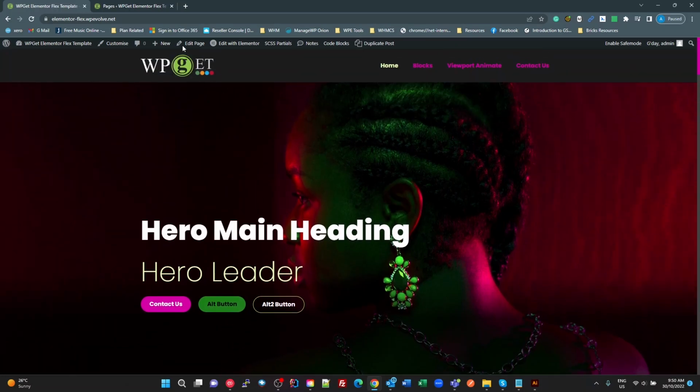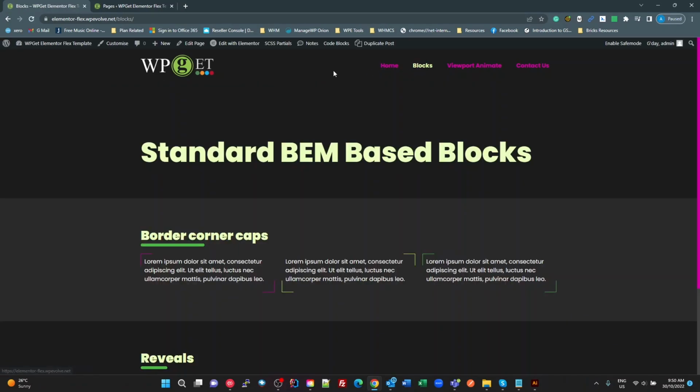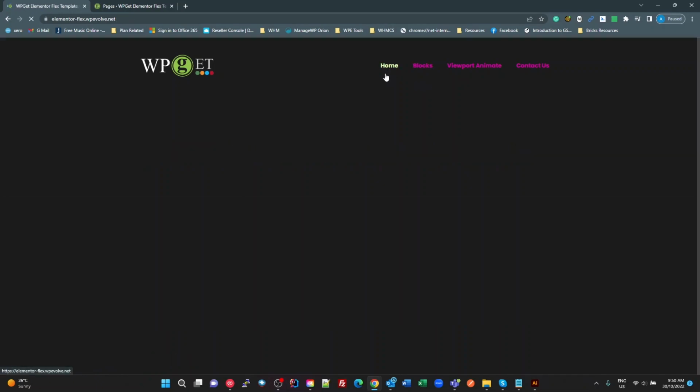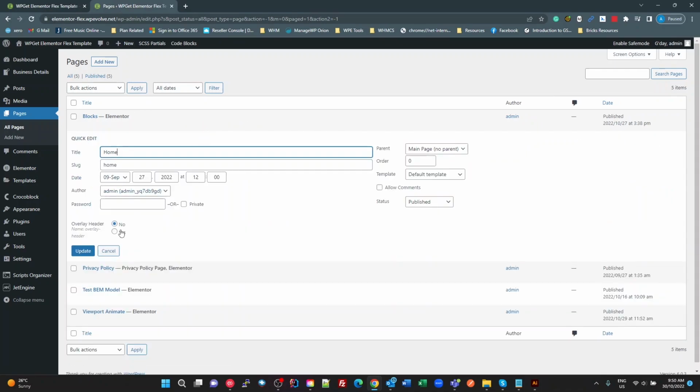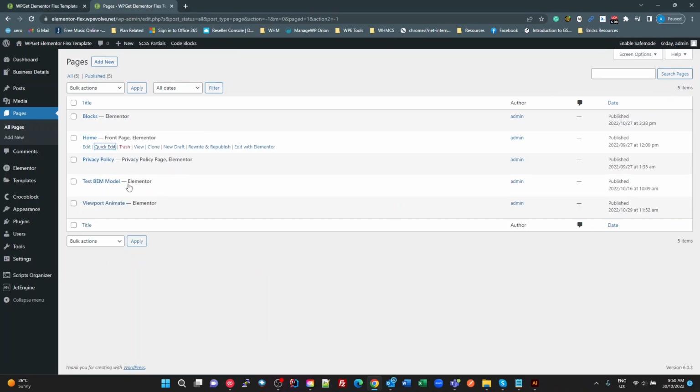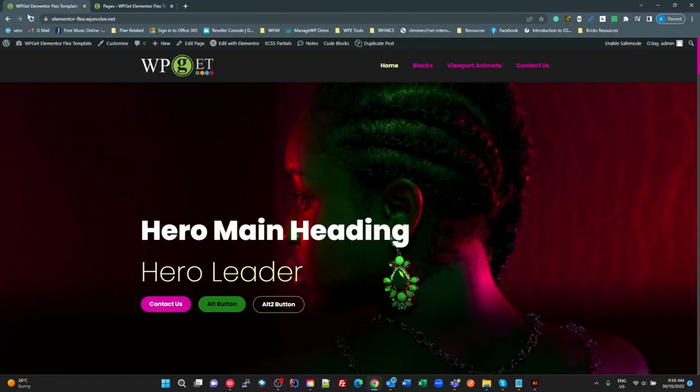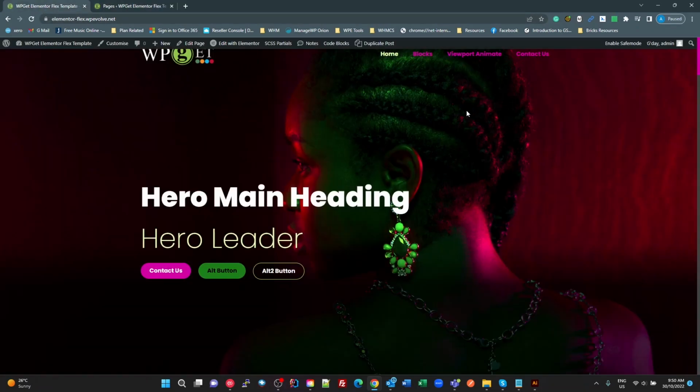So it's as simple as that. If I want the overlay, say for example on this blocks page, I don't have a background image, so it's probably a bad one to show you. Let's go back to the home page. At the moment there's no overlay. I simply go into my page settings, say yes, I do want that to be an overlay, refresh my page, and now I have an overlay header. Now,